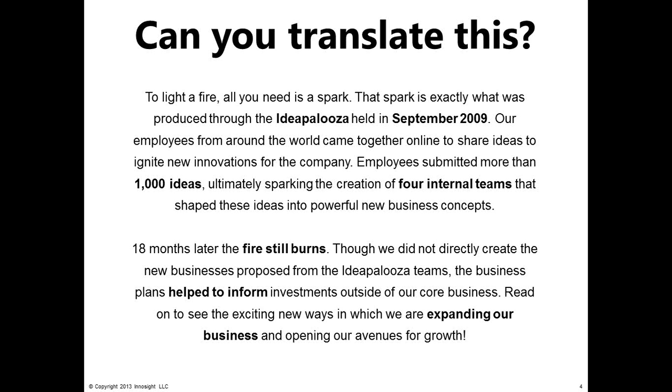This is what was produced through the Idea Palooza that we held in 2009. We got more than 1,000 ideas from employees that led to 4 internal teams. The kind of excitement and enthusiasm that often gets generated when you have one of these idea generation contests. 18 months later, the newsletter reported the fire still burns. Though we did not directly create the new businesses, the plans helped to inform investments outside of our core business,